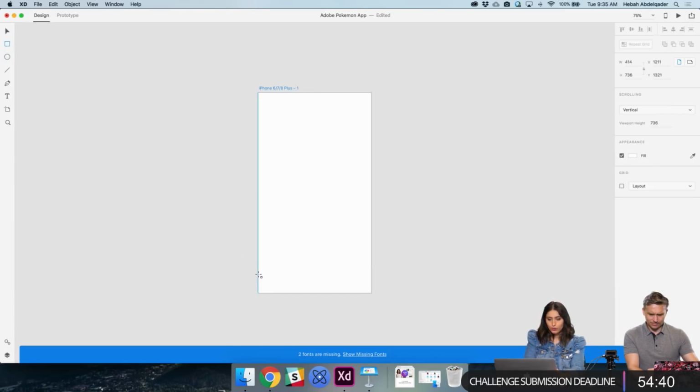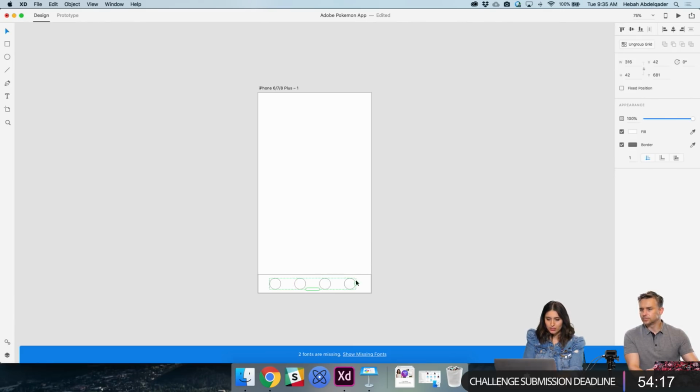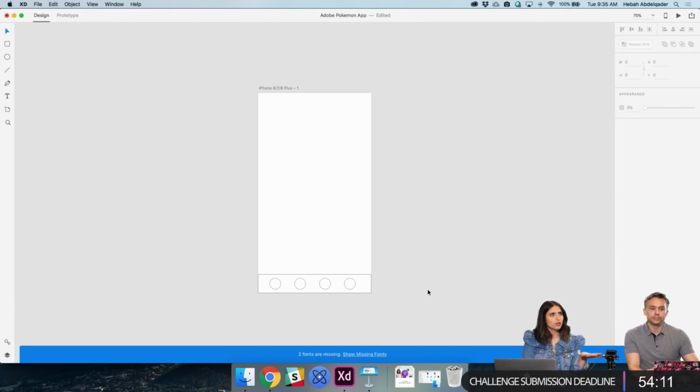I like to do really quick wireframing. We're going to have a menu section right here. We're going to use repeat grid. We're going to need 4 of them. And this is so cool. The fact that you can just do this is awesome. Another really cool feature is that you can have a folder full of images, place them, and it'll populate in the repeat grid, correct? Yeah, isn't that nice? Again, efficiency is super important.